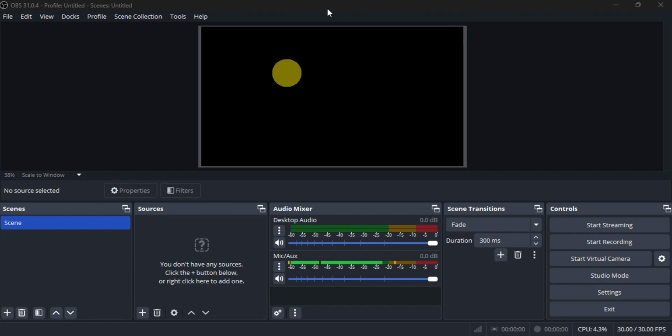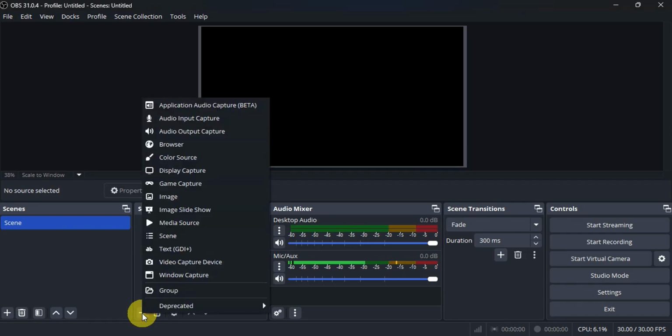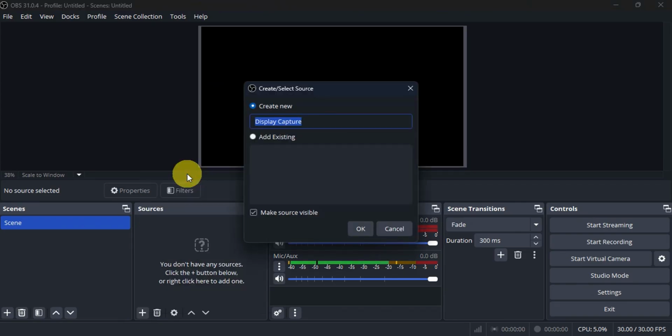So as you can see, I'm currently already on my OBS Studio since I've installed it beforehand. Now, let's get started with the best settings in here. So let's set up a display capture source. To do so, just head here on the bottom and we have sources. So click on the add button in here and select display capture. So we can name it screen recording, especially if you're recording screen. So let's try to change that